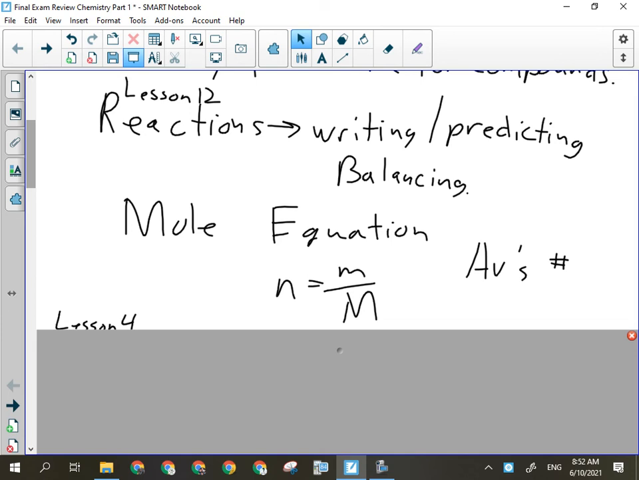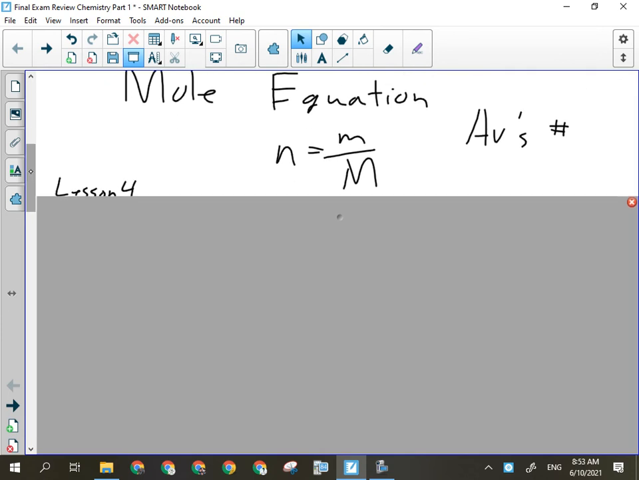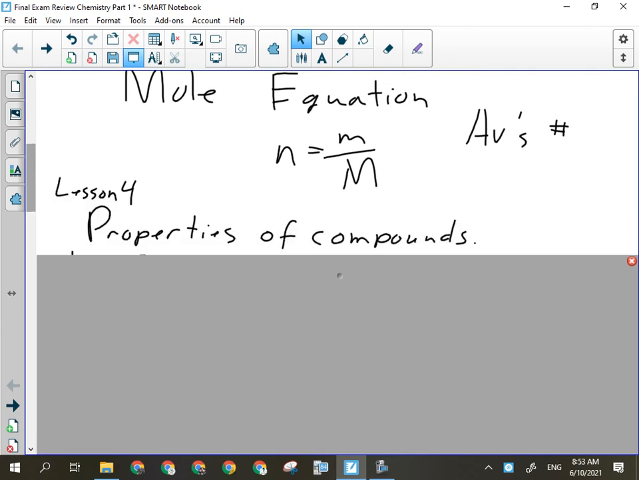Okay, other important things from chemistry. Lesson 4 on properties of compounds, because we did a lab on that, right? We identified all the unknown compounds based on just their physical properties. So there could be, by could be I mean there are, spoiler alert, some multiple choice questions about properties